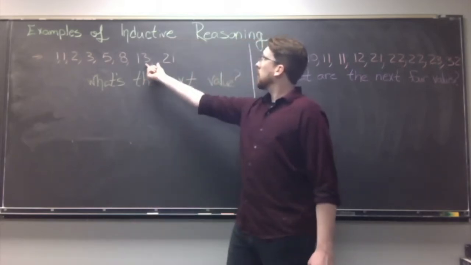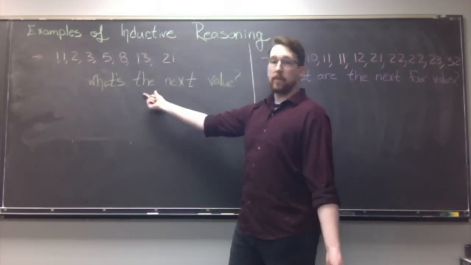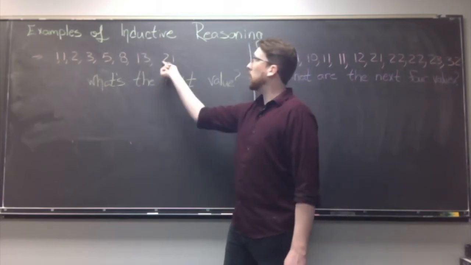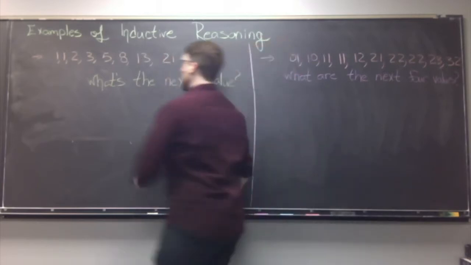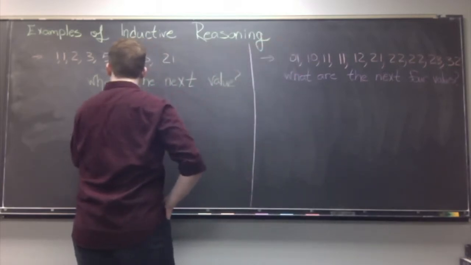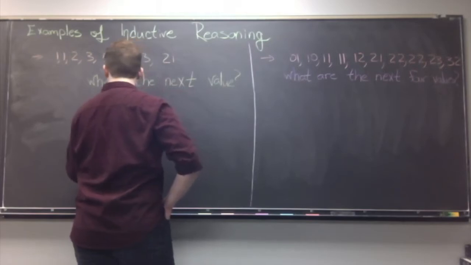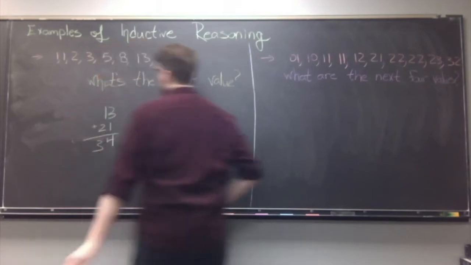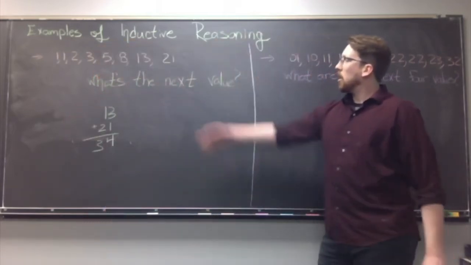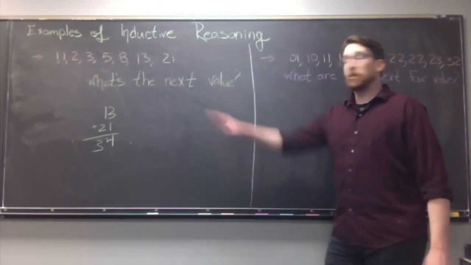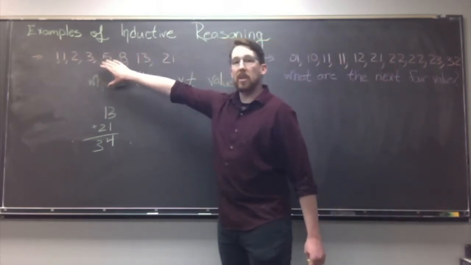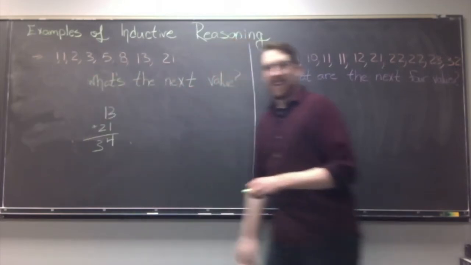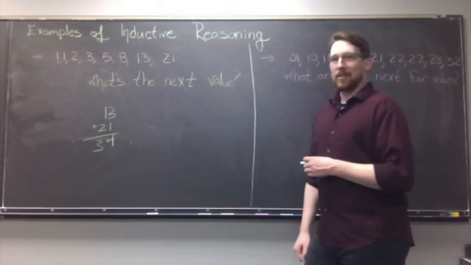So in this case, if we wanted to answer this question, what is the next value, using inductive reasoning, we might logically assume that it's going to be 13 plus 21. So we go ahead and put them together, 13 plus 21, it's going to come out to be 34. Now, like I started to say, you might recognize this set of numbers to begin with. It's because it's what's called the Fibonacci